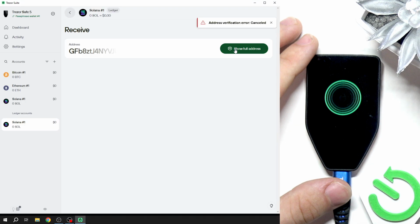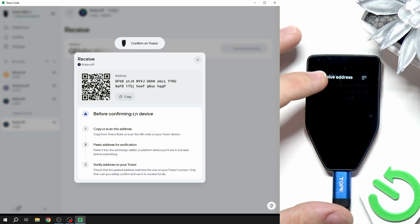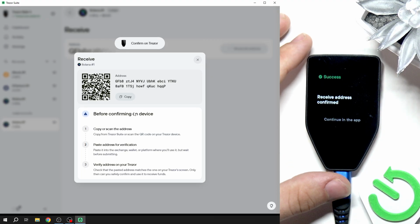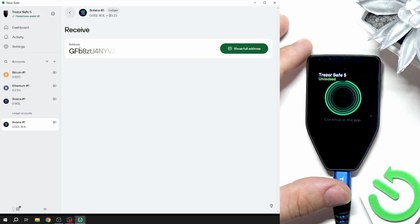There's like address verification error. I don't really know why. But the address was shown anyway, so I can basically, yeah, I should tap to confirm to actually confirm the receive address, then I can use it technically. But yeah, I already have the money. You can see right here I have